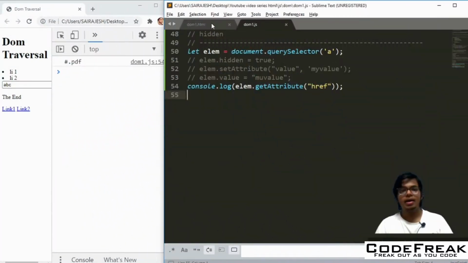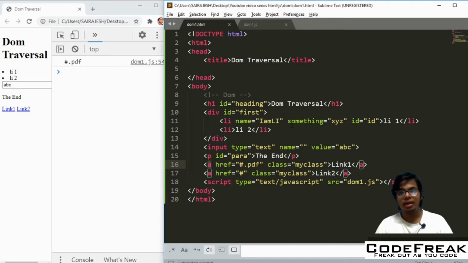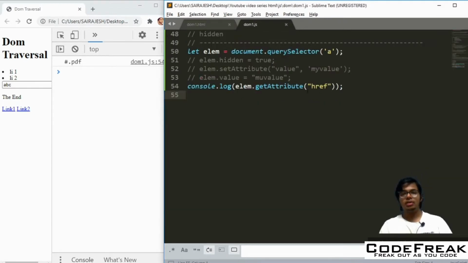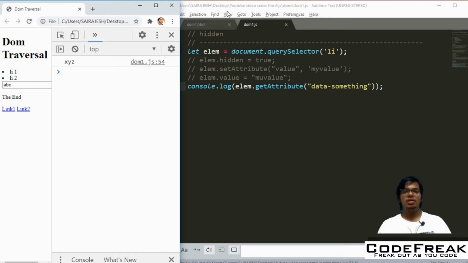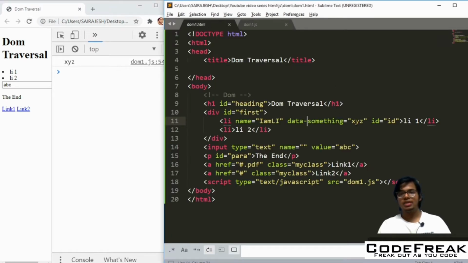Let's say I go back to the HTML and do, instead of this, data-something. How do I access it here? Let me just change this back to li, and I do getAttribute data-something. You will get whatever was there, the something attribute, which was XYZ, right?